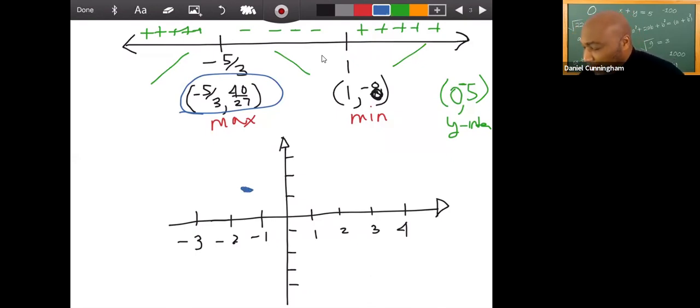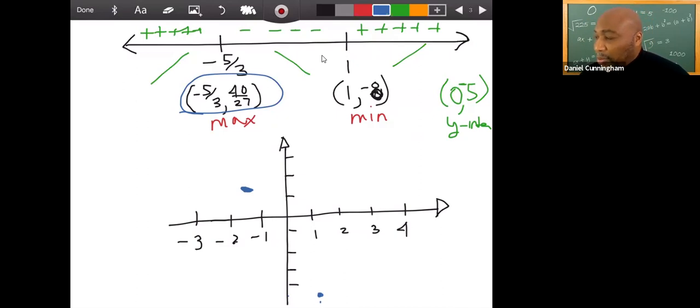And then 1, -8, 1 is here. And -8 is way down here. Everybody agree? It's way down here. Just doing a sketch. Now we're saying it's increasing